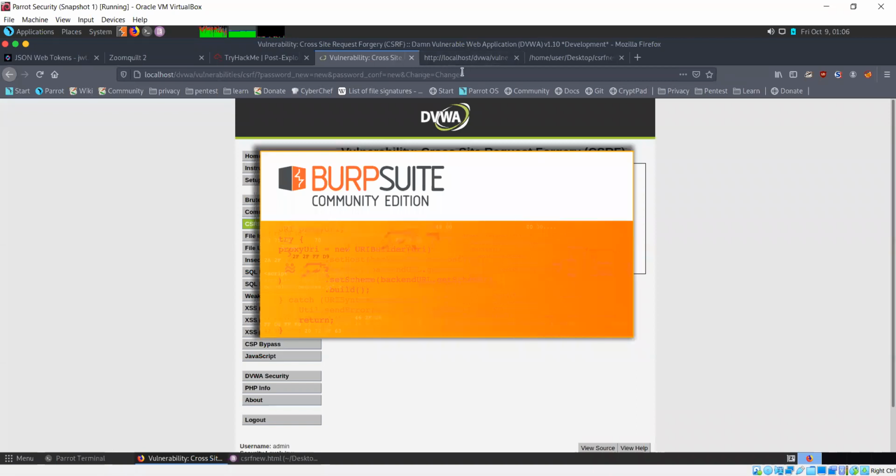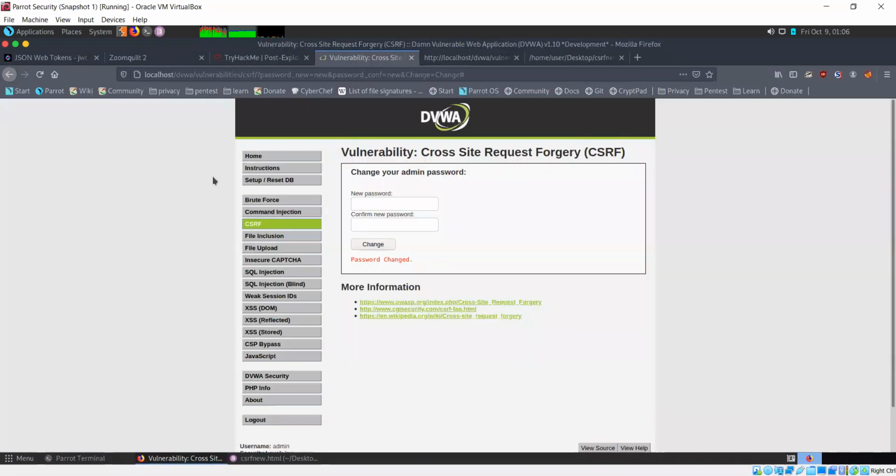Now see in this case, when you are entering this password to change, it's also being reflected in your URL itself.